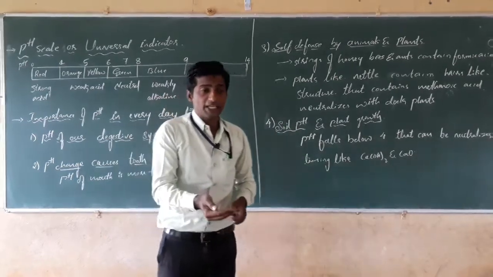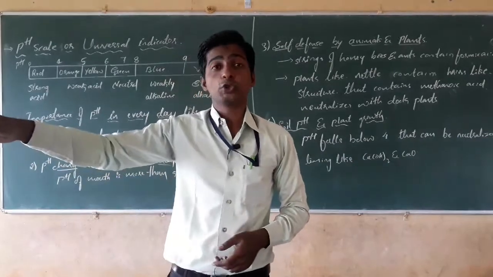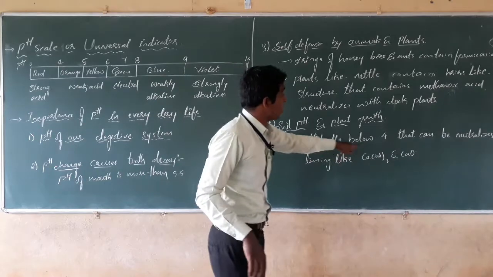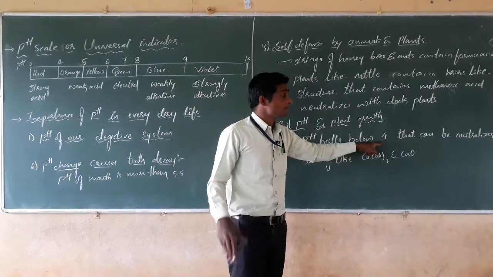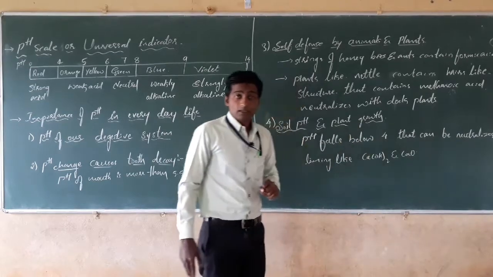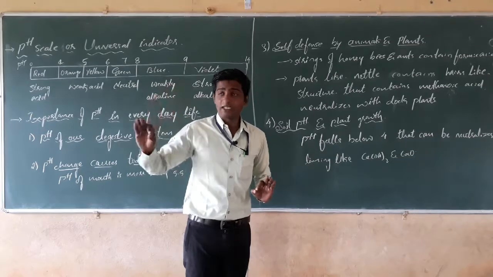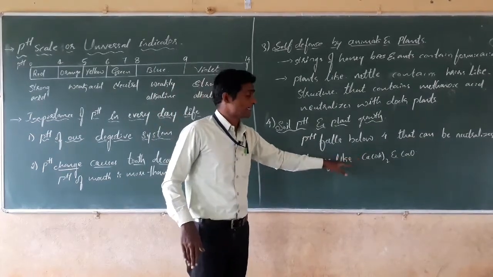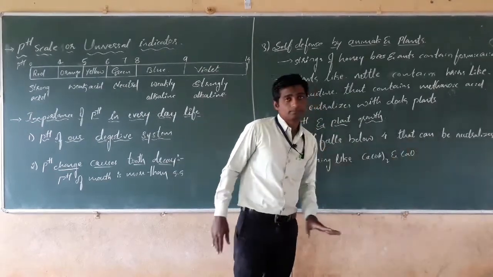Next, dear students, the neutralization of soil, or reducing the acidity of the soil. See, the acidic nature of the soil may increase due to acid rain. If the pH falls below 4, it means the soil becomes acidic. At that time, the plant or crop will not grow efficiently. We can neutralize that with liming, by adding calcium hydroxide or calcium oxide.